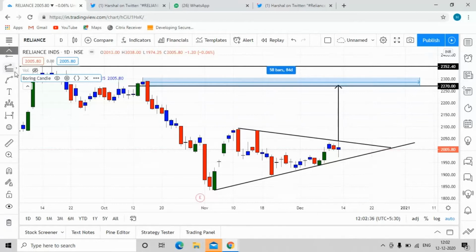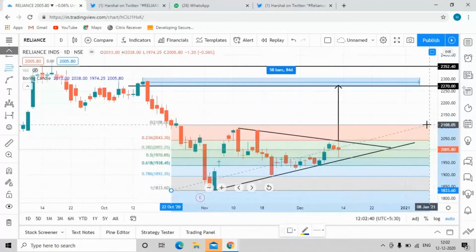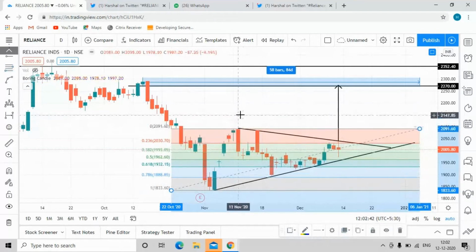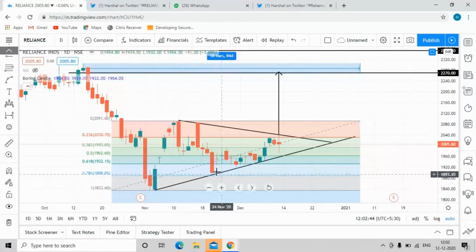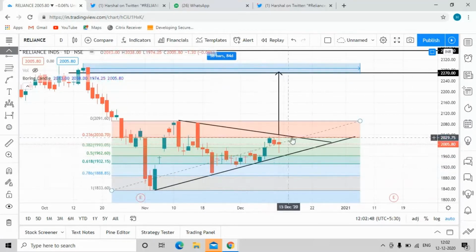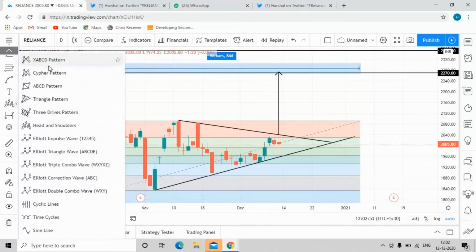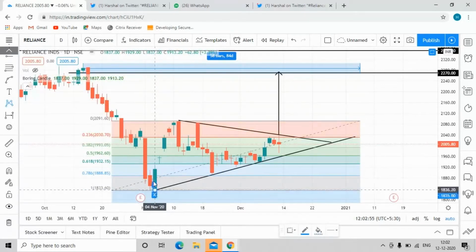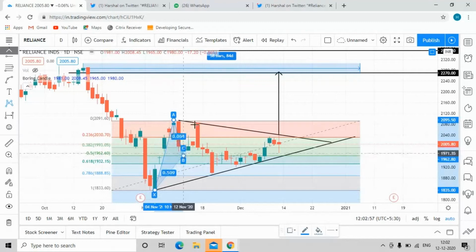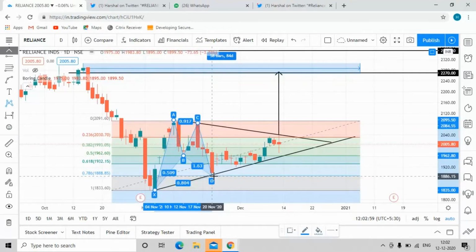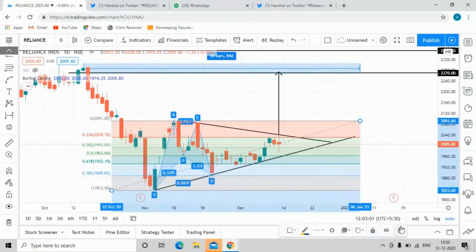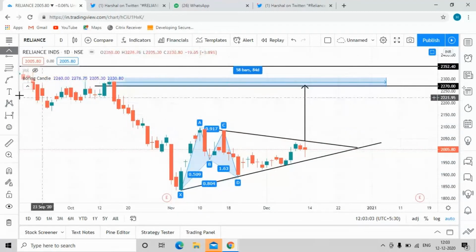If I draw a Fibonacci from here to here, then I'm getting a 78.6 retracement from here, and now the prices are going up. If I draw a very small bullish Gartley pattern, this is the pattern, right? Let me get rid of this Fibo. And as per that,